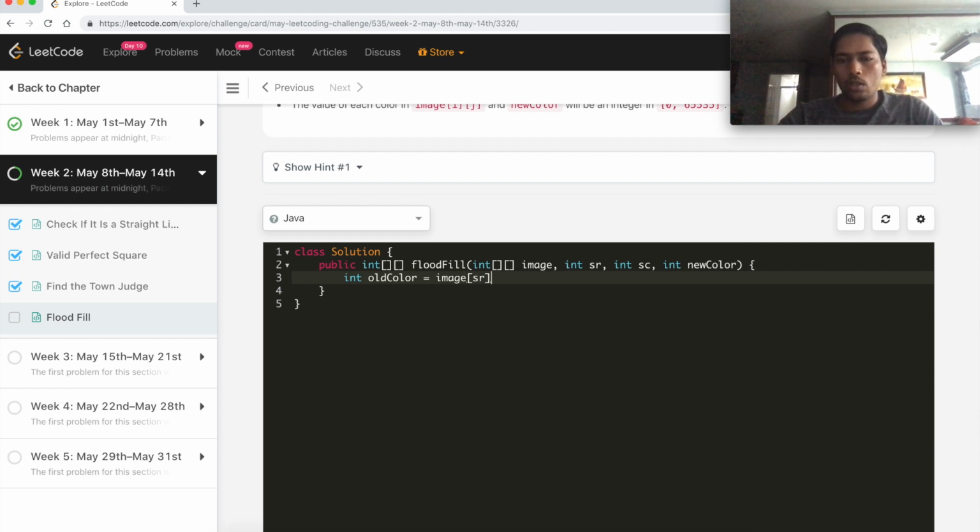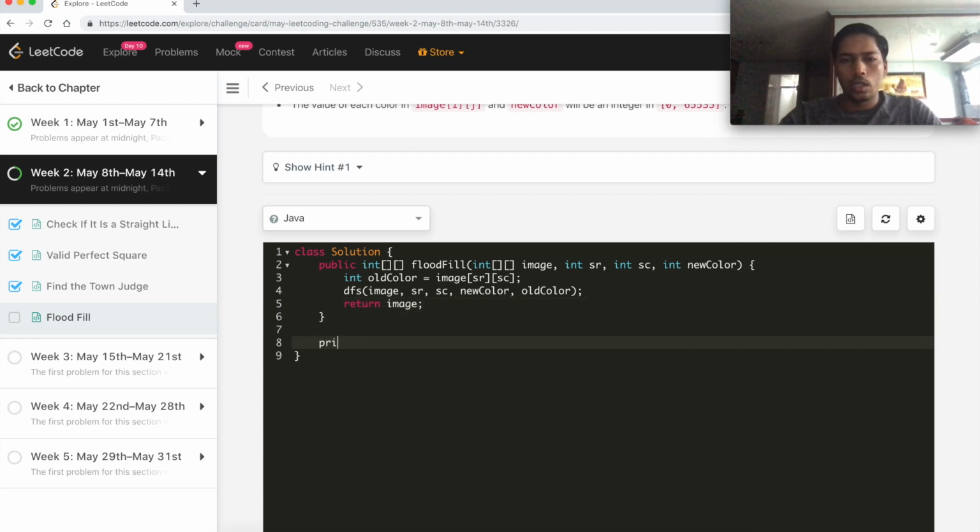which will be image of SR comma SC. Then I will call a DFS method, passing the image, SR, SC, the new color and the old color, and in the end we need to return the image itself.